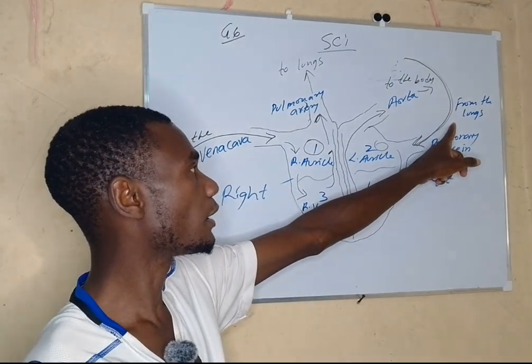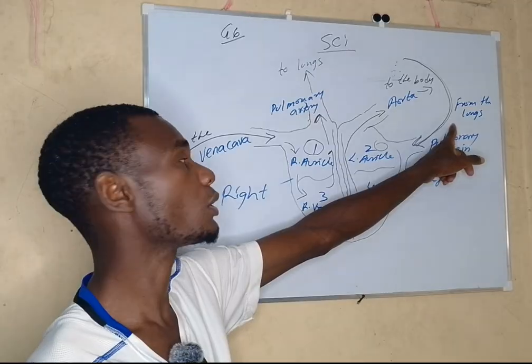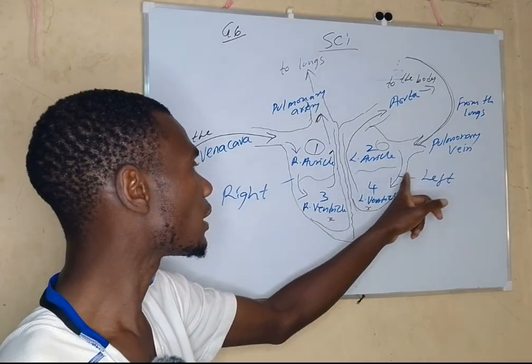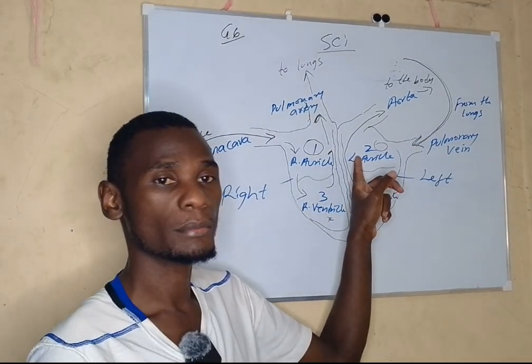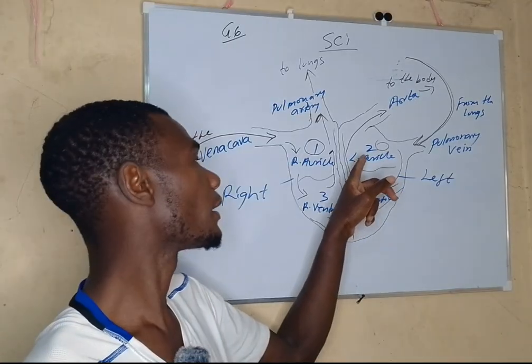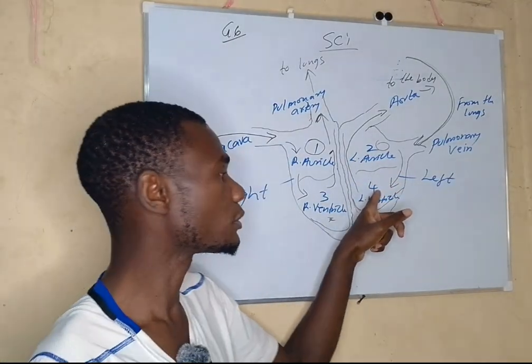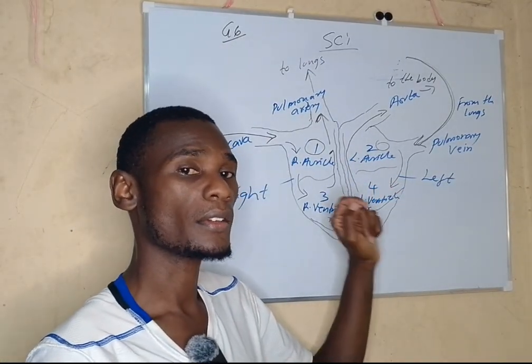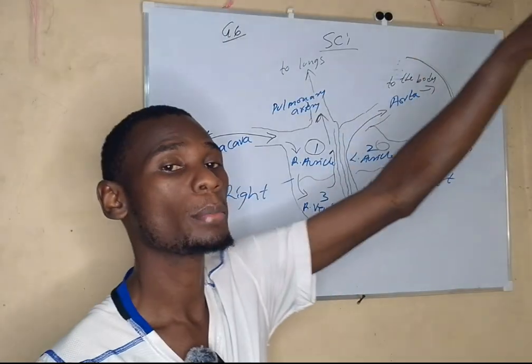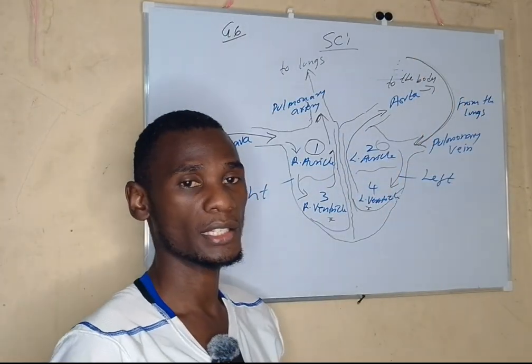This blood here from the lungs has oxygen, so it is called oxygenated blood. The same oxygenated blood is being received by the left auricle. The left auricle passes it down to the left ventricle. The left ventricle pumps it to all parts of the body through the aorta so that it can be